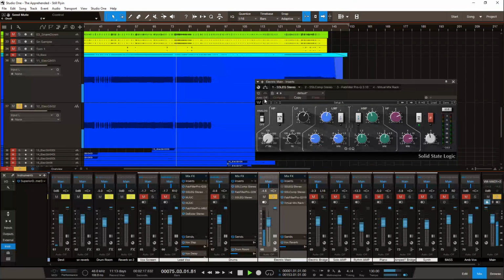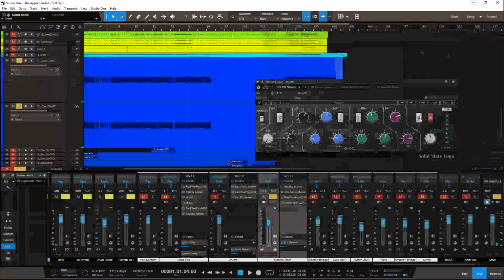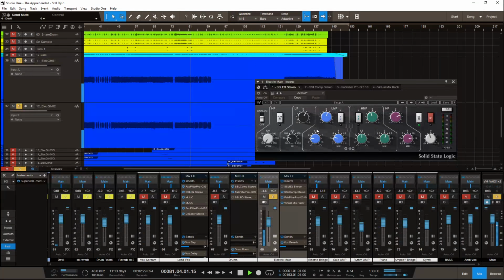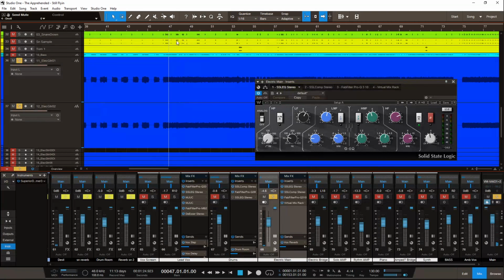Notice. So when I put the EQ on, I'm just trying to get rid of the mid-range. It's a very pokey mid-range, and it all makes sense when I